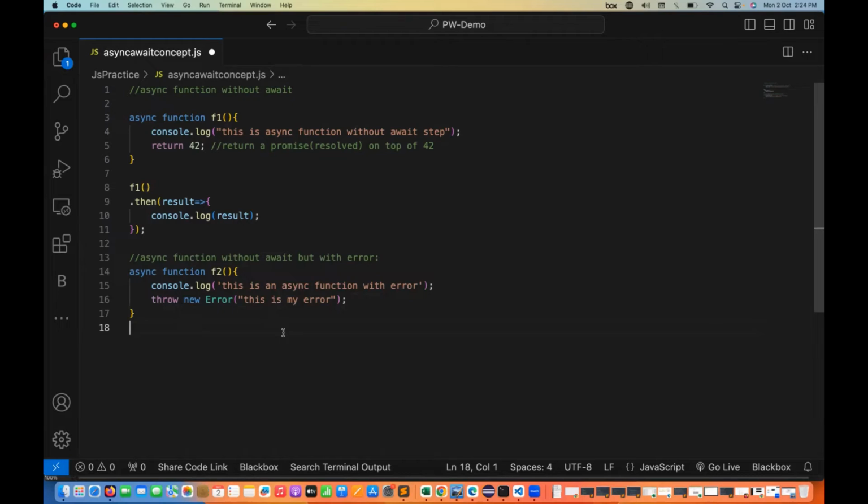So this is again one async function. You don't need to write any await because both are not asynchronous steps. These are just normal synchronous steps that we have written here. So now I'm going to call this particular f2 like this. And then what should I do in this case? So with the f2,